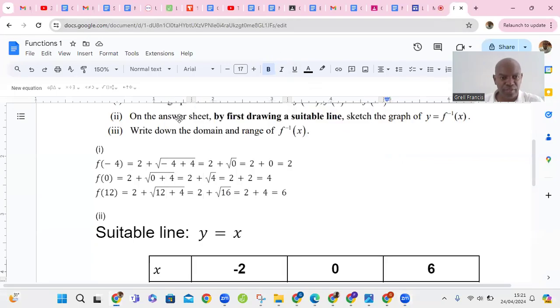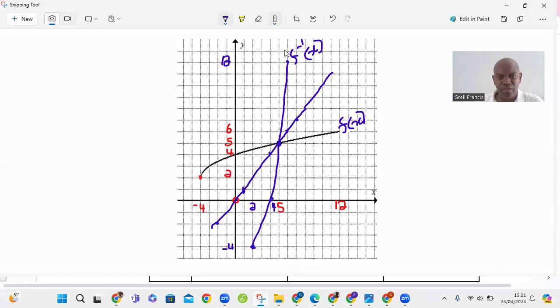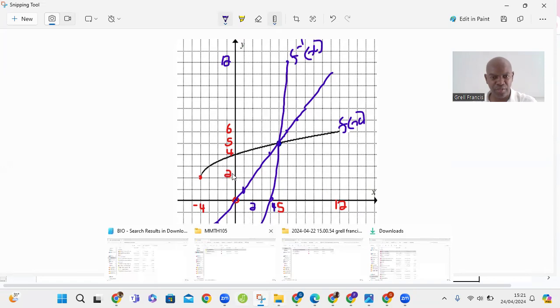So therefore now, the third part says, write down the domain and range of f inverse of x. So here we have f inverse of x, okay? The domain is the x values. So the x values now go from, let us see where the domain is. We can get the domain